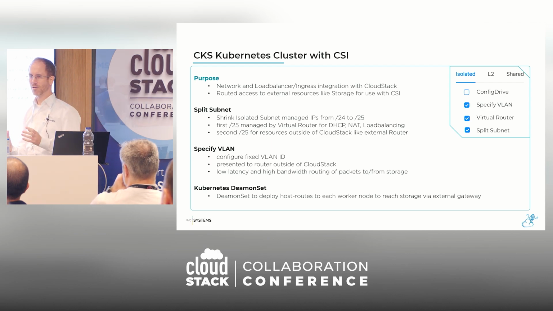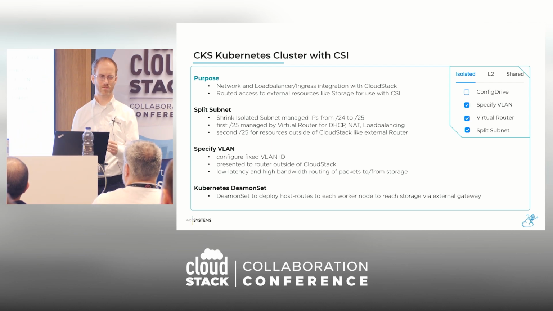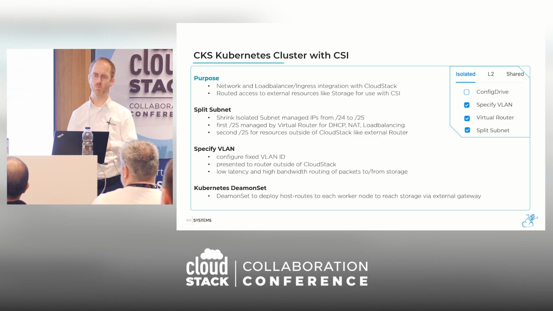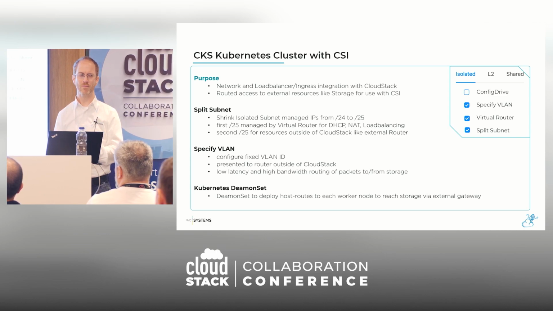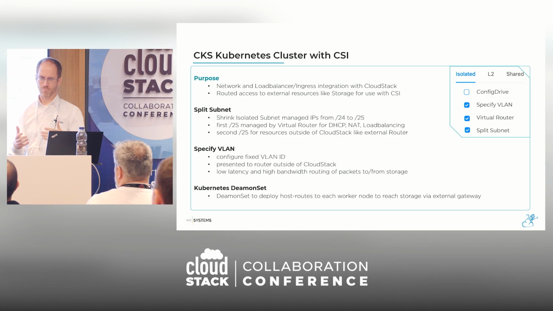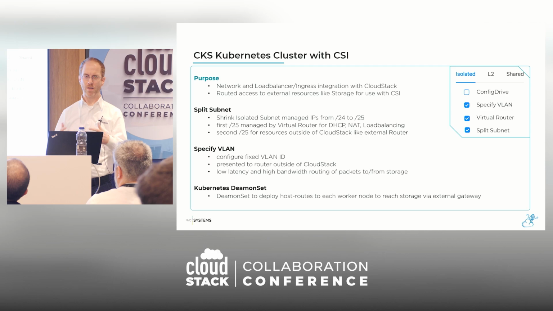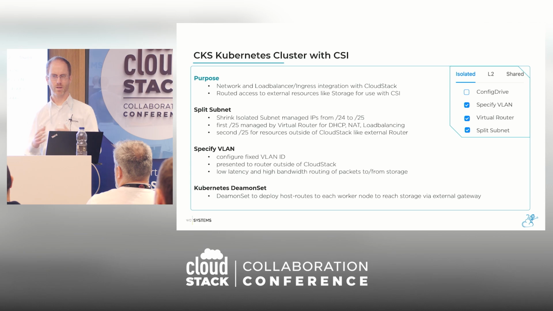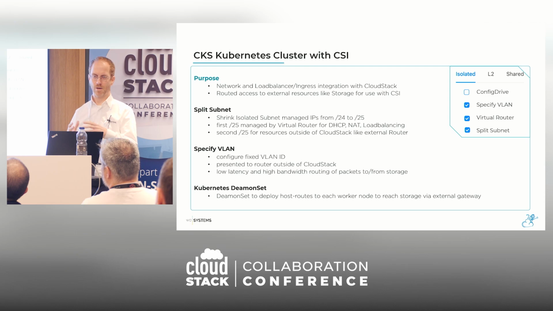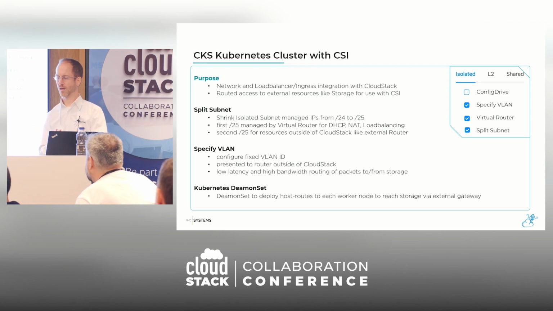This type of network, this isolated network, can actually do way more. Who has ever worked with the CKS, the CloudStack provided Kubernetes cluster? I see 3 hands. That's something. CloudStack has a very easy way of having a Kubernetes cluster ready to use deployed on your CloudStack. That works really well for a really easy case. Just a few nodes deployed on CloudStack, and you have a ready-to-use CloudStack Kubernetes cluster.